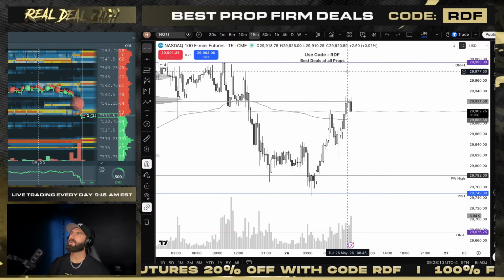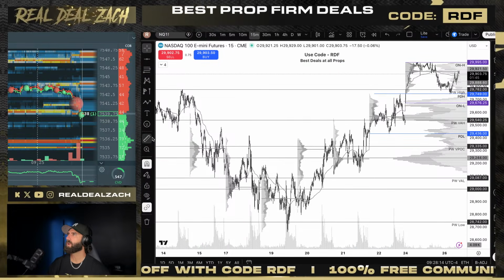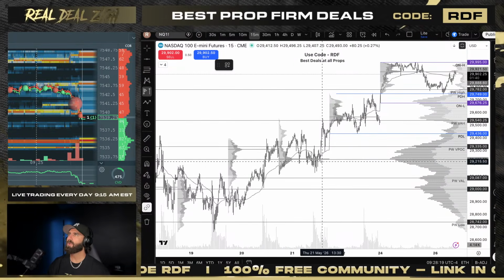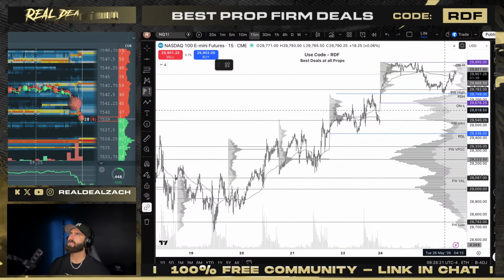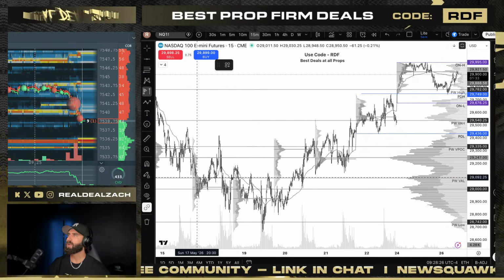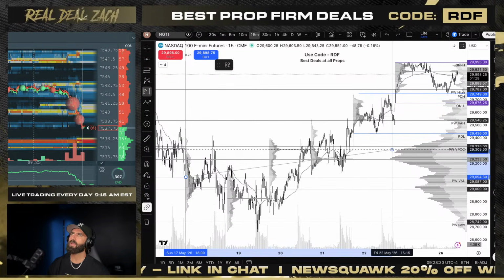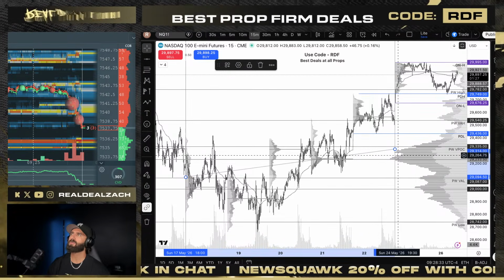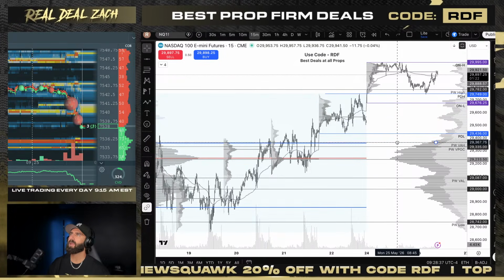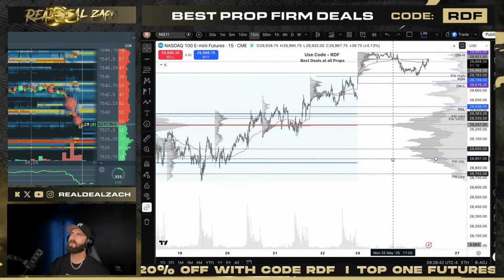Got about 2 minutes to market open, guys, so I'm going to try to get this done pretty quick. We're going to go again for our fixed range volume profile. We are going to come all the way back out to here's session changeover, the end of last week. Here is last Friday coming into Sunday. There's market open. There's market close of last week. We got our prior week value area high. We got our prior week value area low.